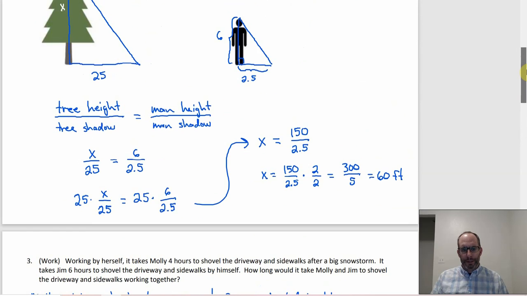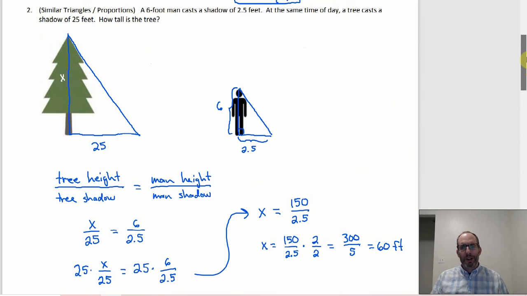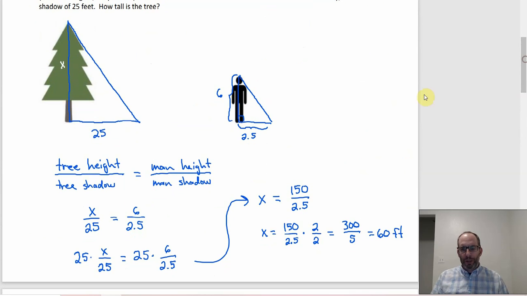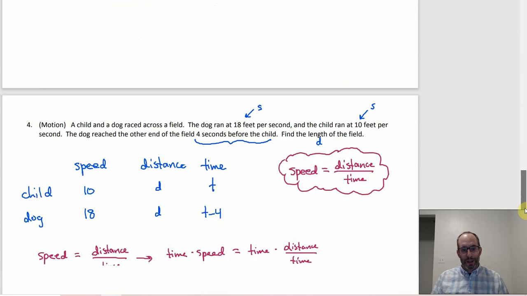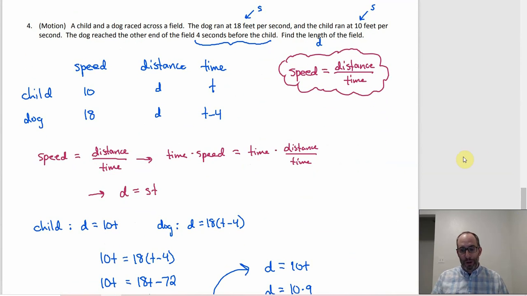And then, let's see, this one, the similar triangles, that one's usually pretty easy to pick up on. That's what you're going to have to do. And usually the algebra there is really fast, like it is here. But the work ones and the motion ones, when they show up, the way that I've got these set up, it's likely to be pretty similar. So whatever you get in the homework is likely to be pretty similar to